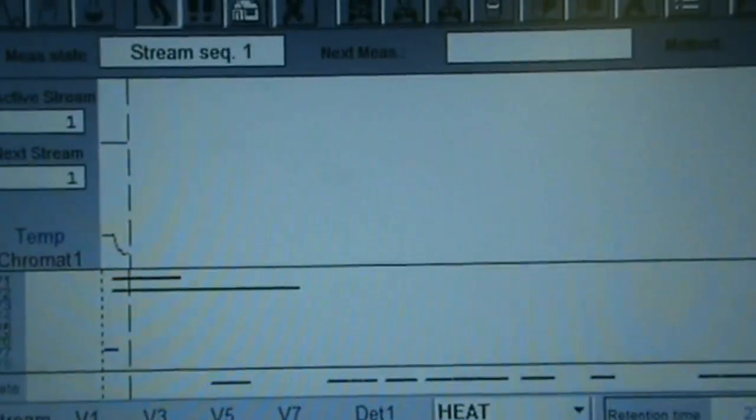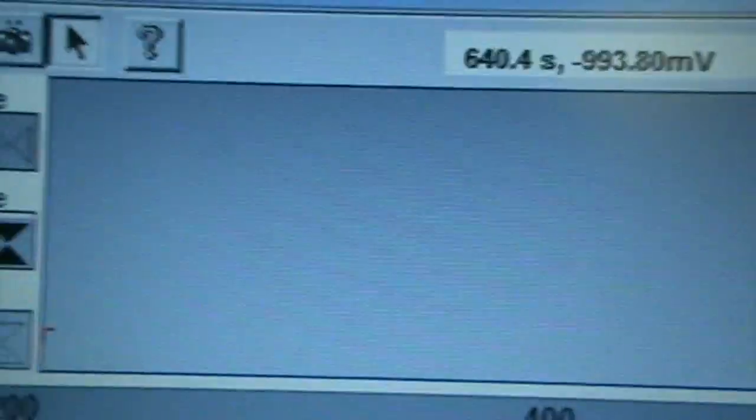our chromatogram and bring this down, and you can see the chromatogram right here. If you look right there, you see where it's starting to come in. Alright, so what we need to do,